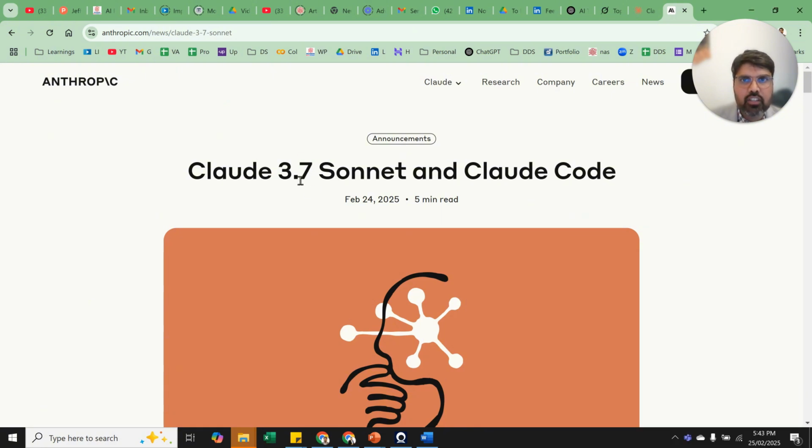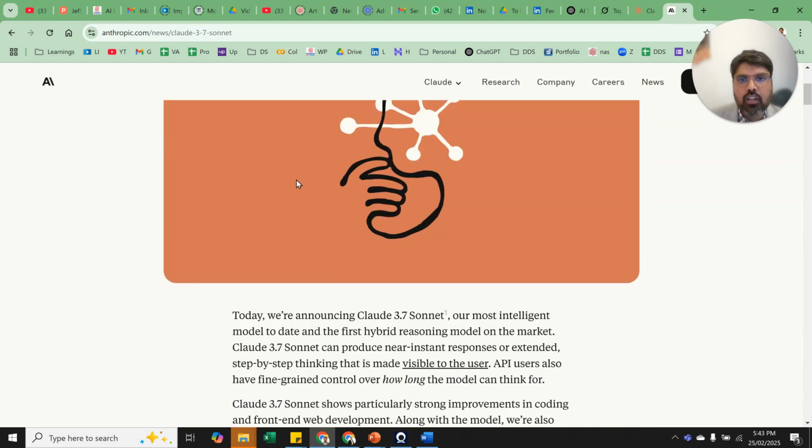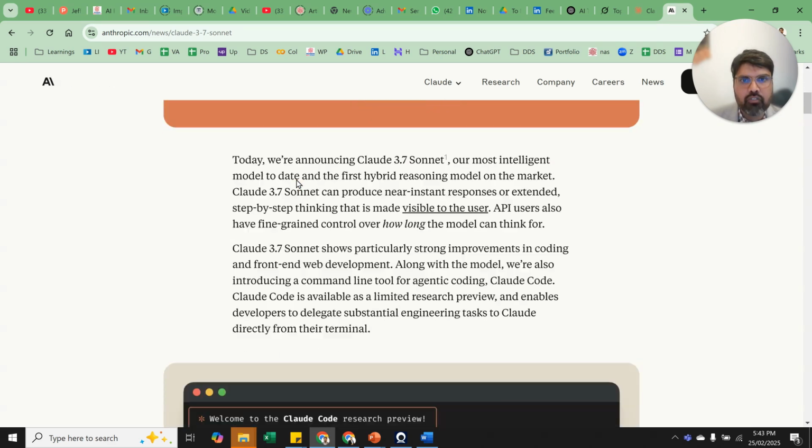Very strange that they did not come out with version 4. I was expecting a Claude 4, but they came out with something 3.7. So let's see what happens when Claude 4 comes. It's in the making, there is no news as of now, but Claude 3.7 Sonnet is one of the first